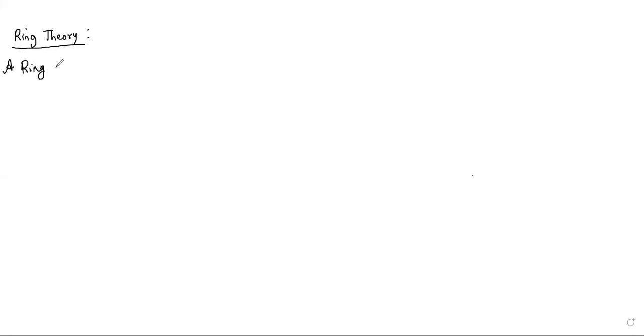A ring R is an algebraic structure which we actually denote by R, plus, dot, where on R two operations plus and dot are defined. This plus and this dot are binary operations, but do not consider that this plus is always the operation of addition and this dot is always the operation of multiplication. This could be any two different operations, just like we discussed in the theory of groups,